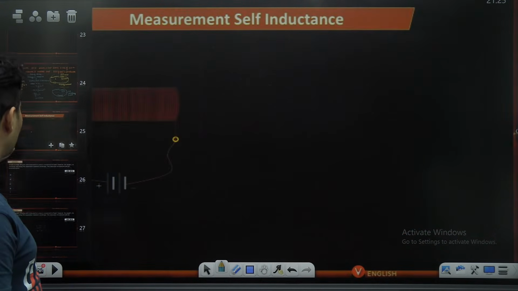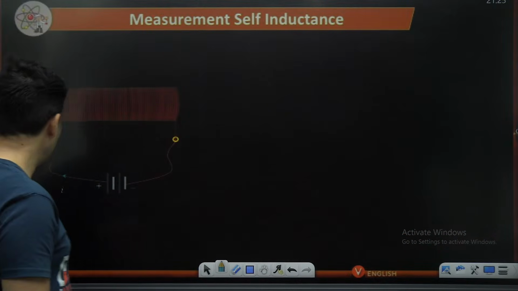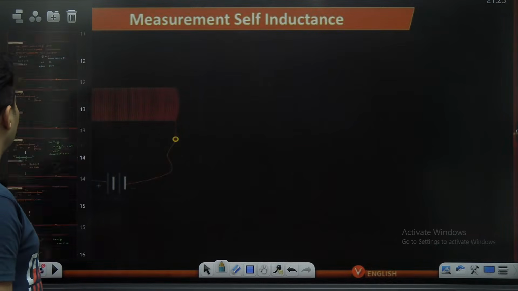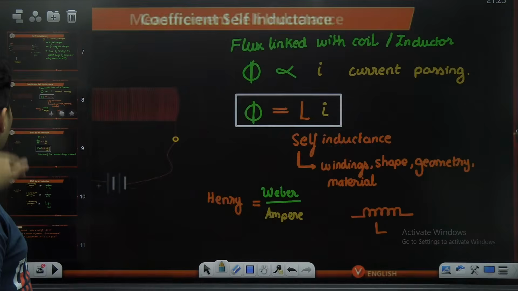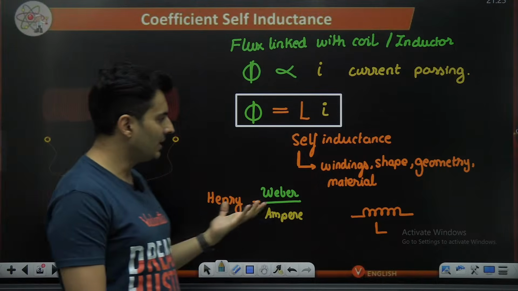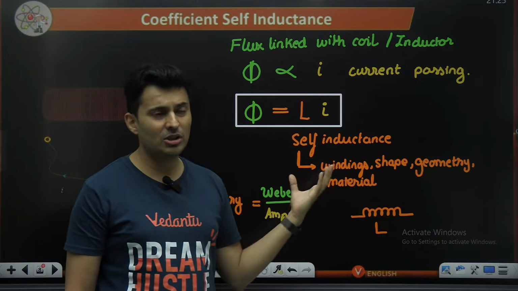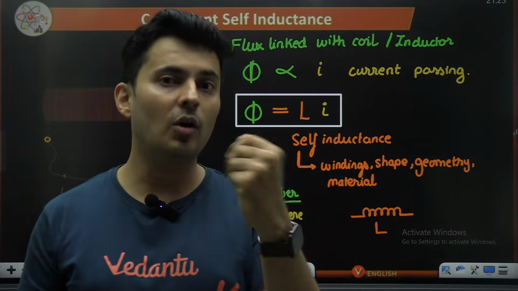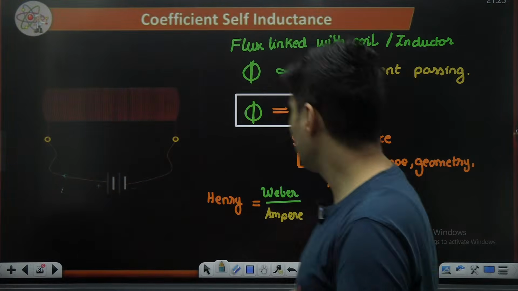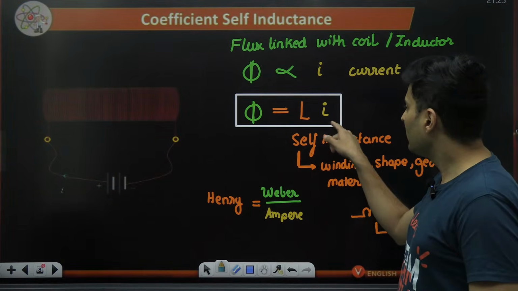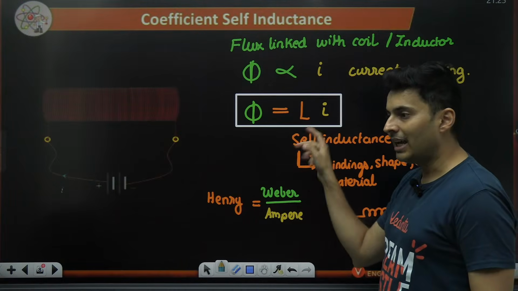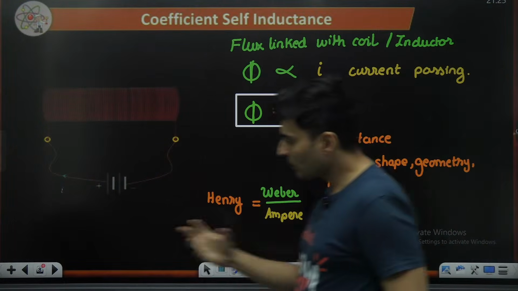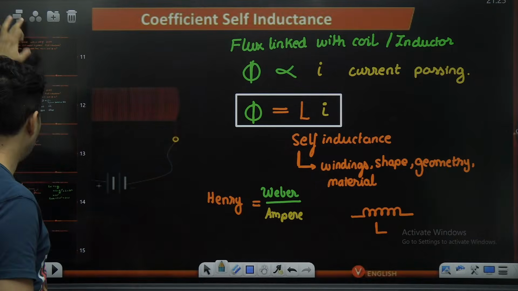Okay. Sir, I understood now, sir. So tell me, how do you exactly measure the inductance? See, I'll tell you one thing. When we started the class, I told you that this property of self-inductance is dependent on the shape, the geometry, the size, whatever materials are inside. That decides how much is the value of L. It is not dependent on I or phi. Changing I affects phi. L is a completely independent geometrical, material property. So how do I calculate it?